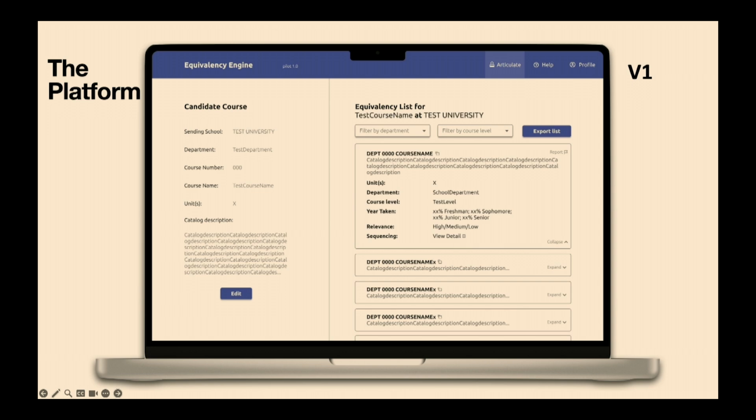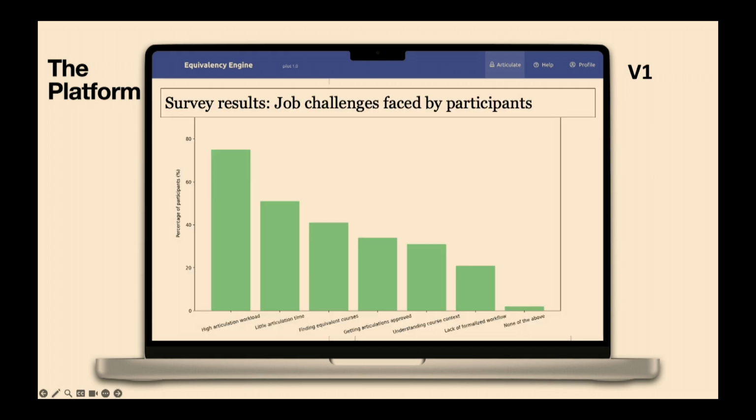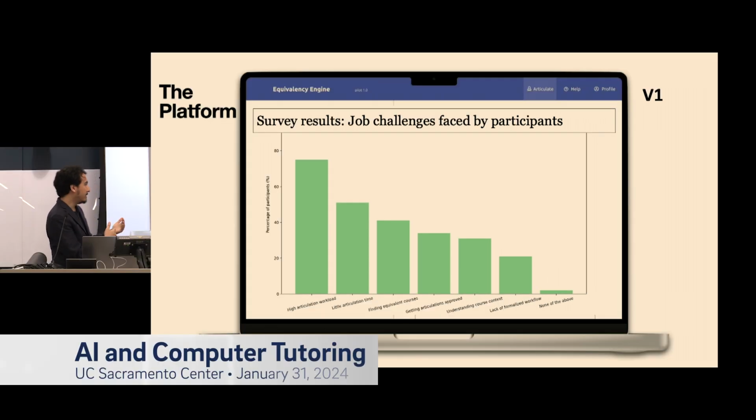So to test these things, we created an articulation platform in-house in the lab and tested at a number of schools. We had real articulation officers answer a survey here about what they find to be most difficult about their job. And the highest percentage category was high articulation workload, little articulation time, followed by finding equivalent courses. So with this kind of model, we can surface the model's best matches, like Google surfaces the best matches to a course to those articulation officers, and hopefully alleviate some of that workload by reducing the time it takes to